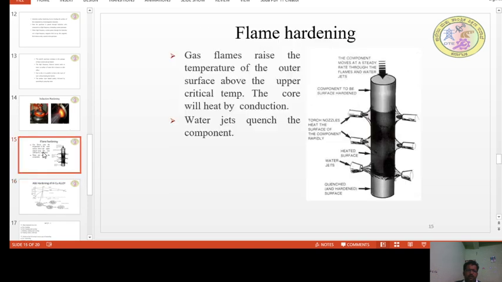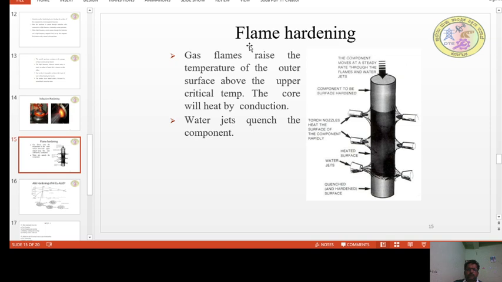And the other type of hardening is flame hardening. The flame hardening concept is very simple. The gas flame contains oxygen and acetylene. In the acetylene, there is carbon content. So when you heat the surface, what happens? The carbon content of the acetylene enters into the surface of the material, and once the required temperature is reached,